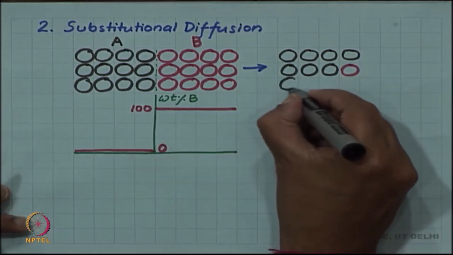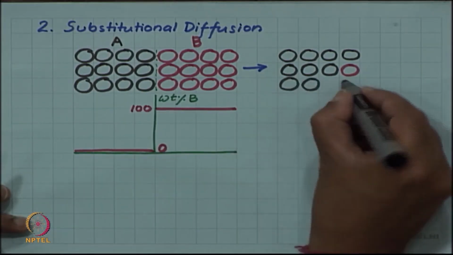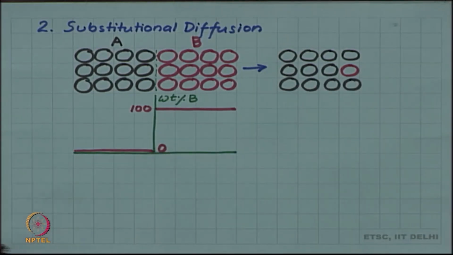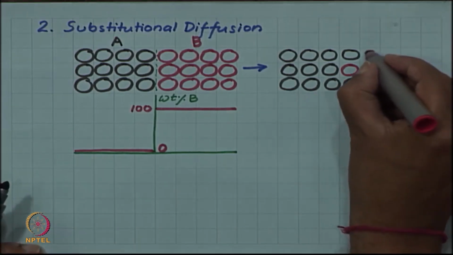This kind of experiments have been done and one has observed this kind of situation. So, now I am finding a B atom on what was initially the A side,